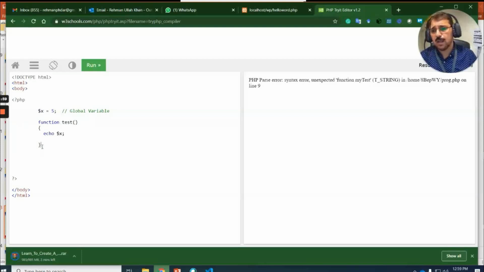Okay, but this function will only work if I call the function. So if I call the function, then I need to call it like this: test, you see, the function name, parentheses and semicolon. I am calling this function. When I call the function, it will run this code and it will try to display the value of the